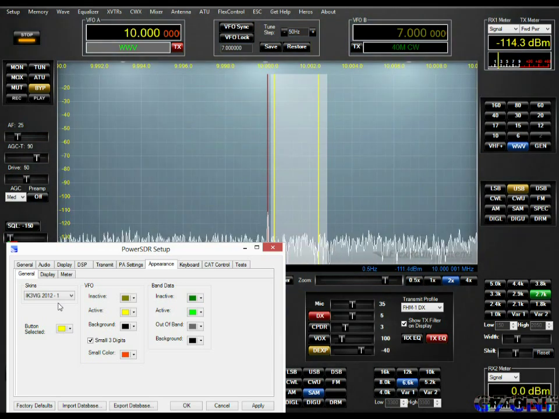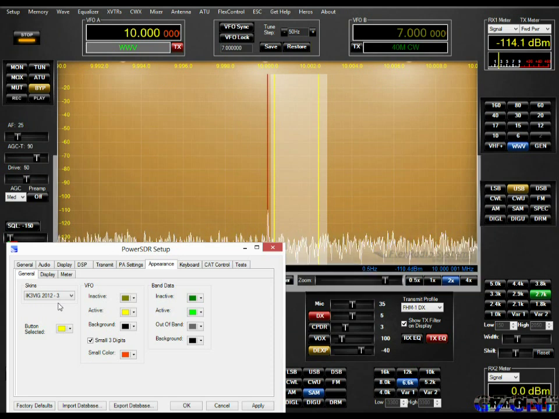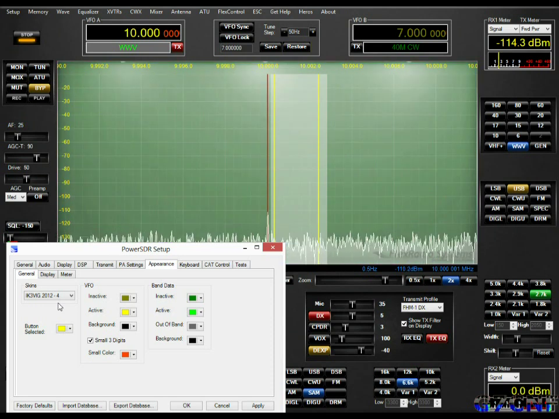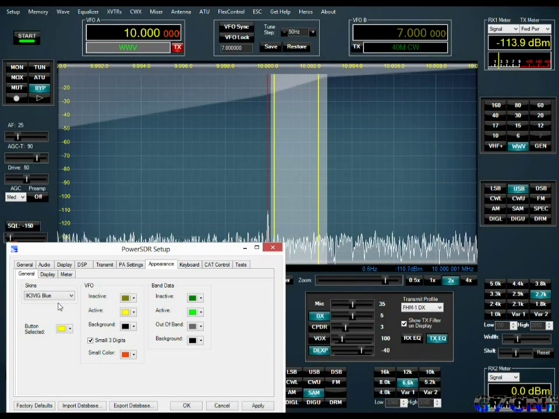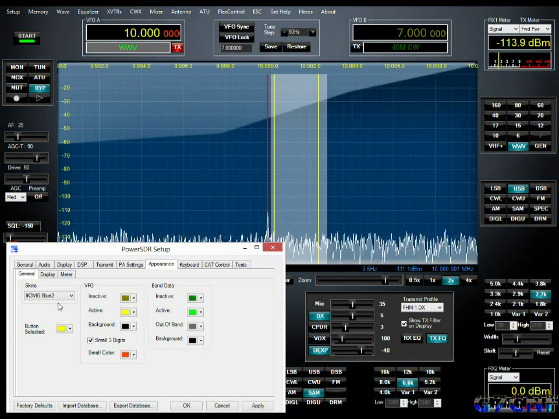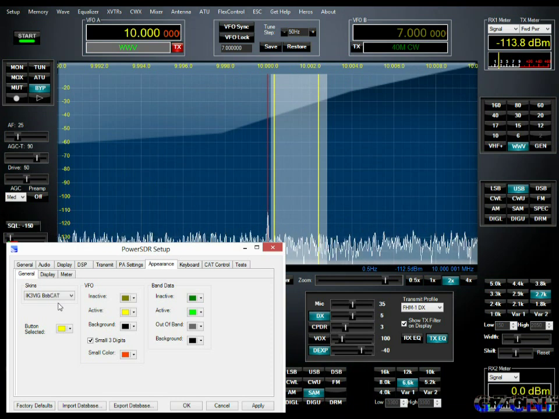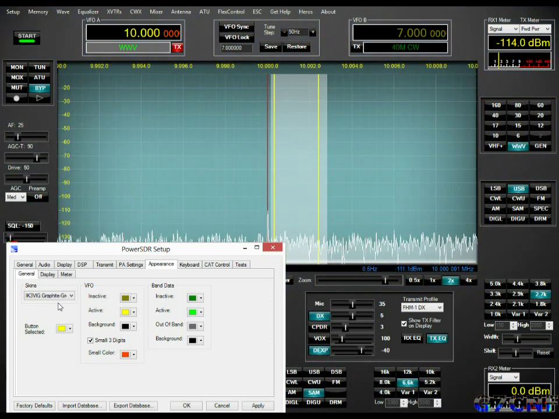Then there are a whole bunch of IK3 VIG skins which he produced for the Flex. Some of them are nice, some of them are not so nice, but it all comes down to personal preference, and what I like, you most probably won't like, and vice versa. But they are there, and they do allow you to adjust the appearance of your radio, which of course you